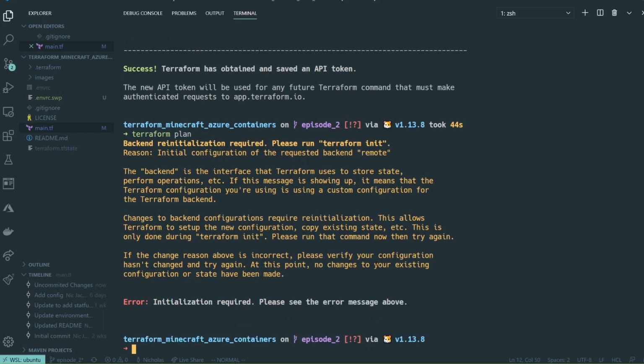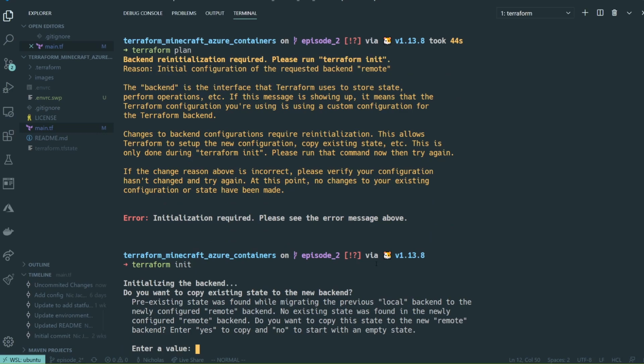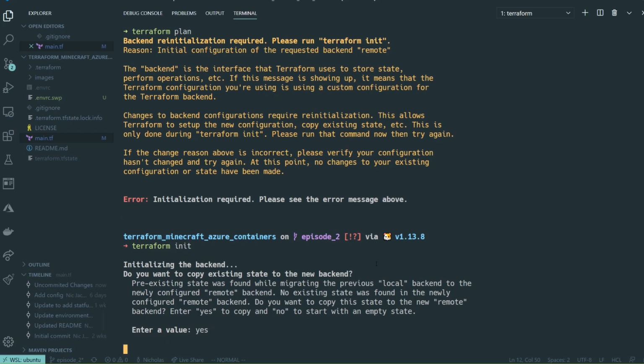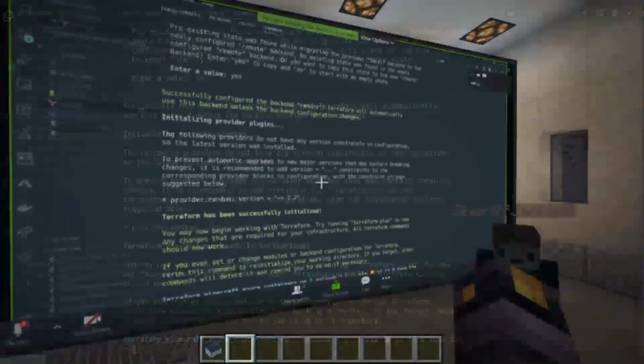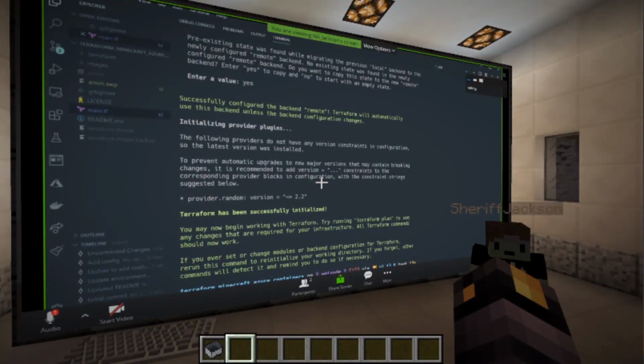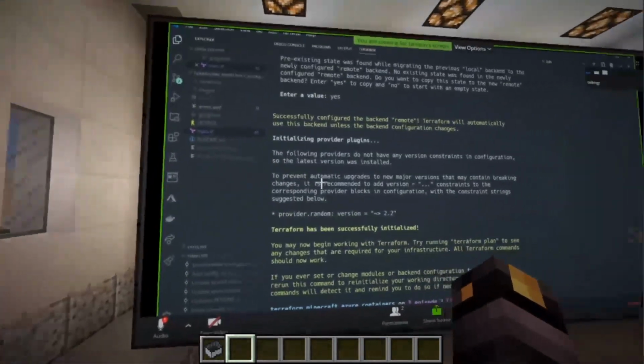And now we need to do that init. Because I've got credentials now, it's working. It's saying, hey, you've already got state locally. Do you want to copy that to the new remote backend? Yes, I do. And it's going to automatically migrate that state from my local computer up to Terraform Cloud, which is kind of cool. So now when I run a Terraform plan,